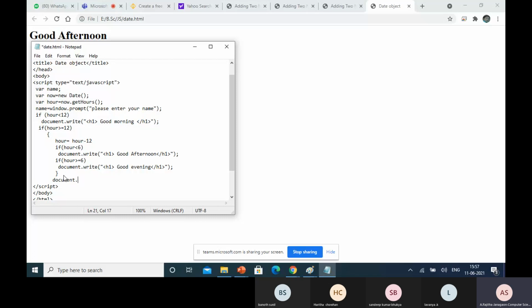You can try to display the name plus welcome to JavaScript program. Now save this and run this application.